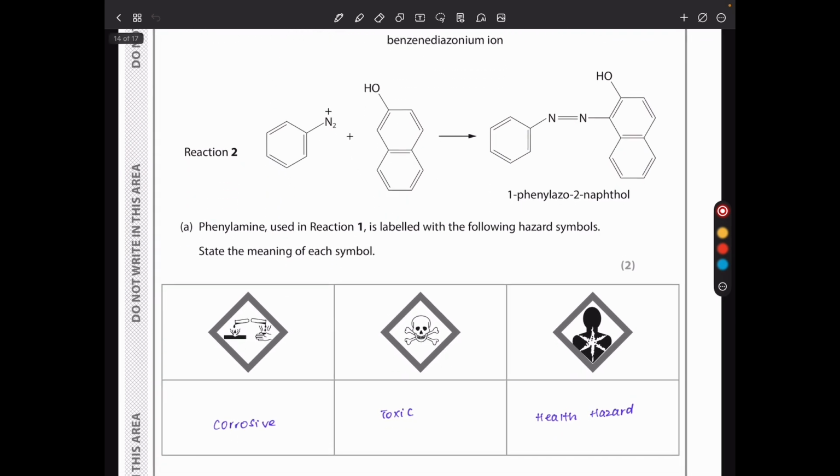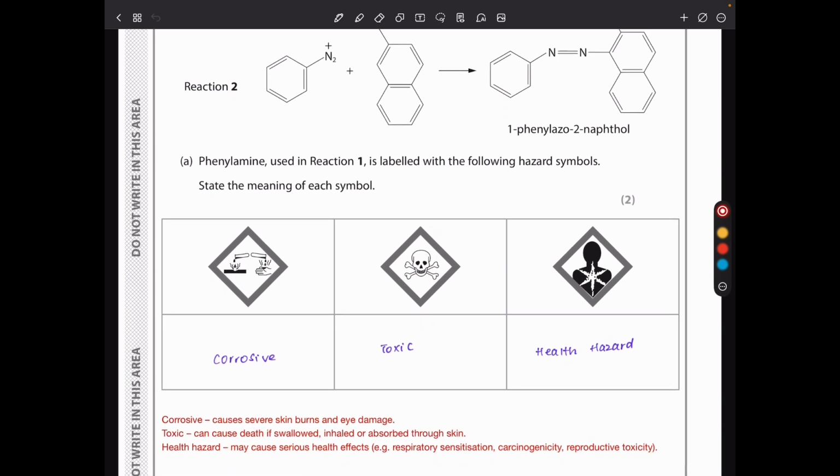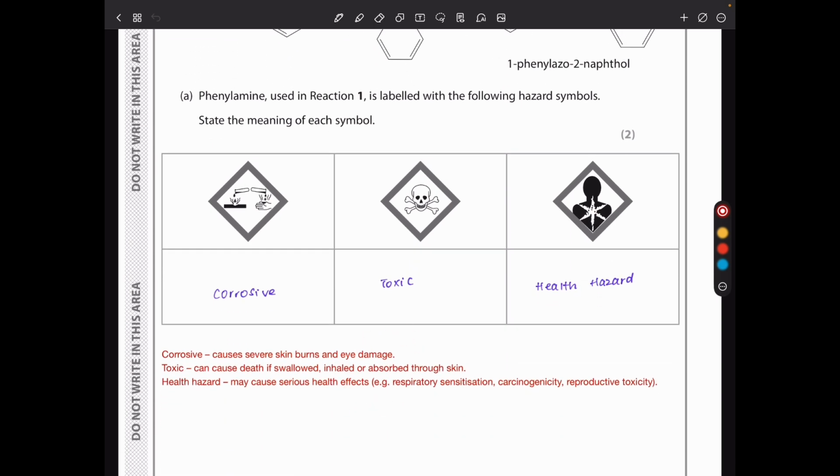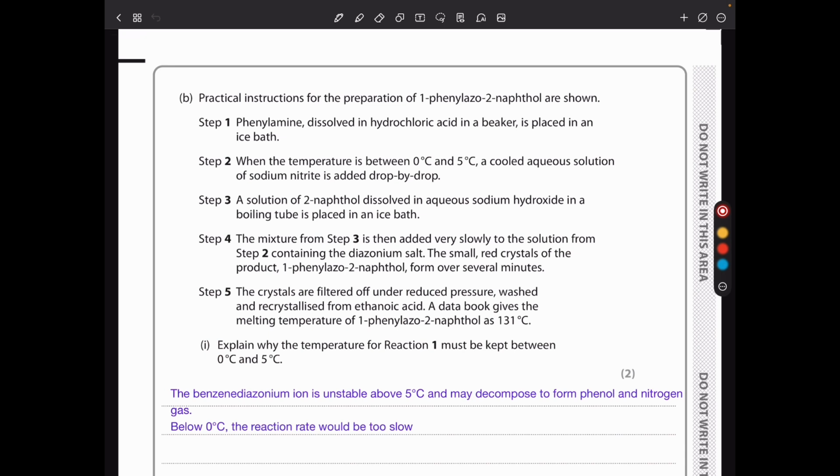The phenylamine used in reaction 1 is labeled with the following hazard symbols. I'll state the meaning of each. This is corrosive, this is toxic, and this is health hazard. You can see some other added parts here. Then in part B, there are practical instructions for the preparation of